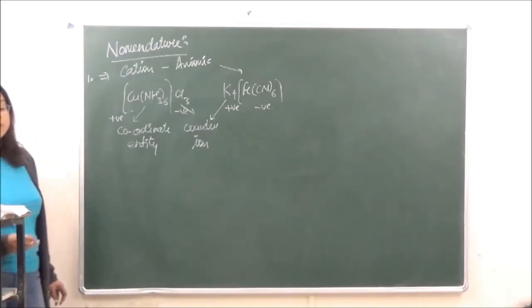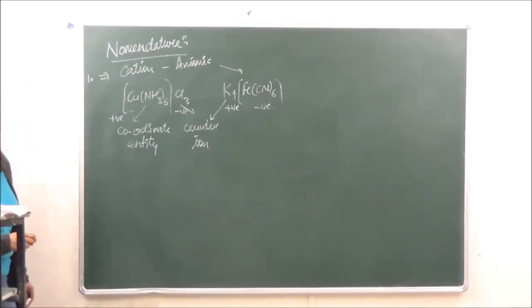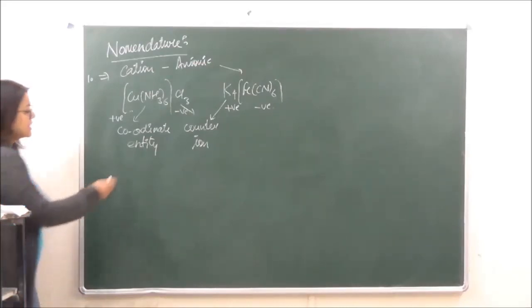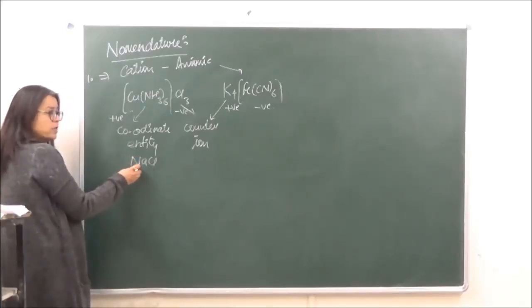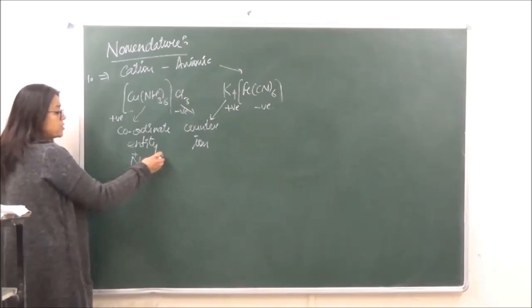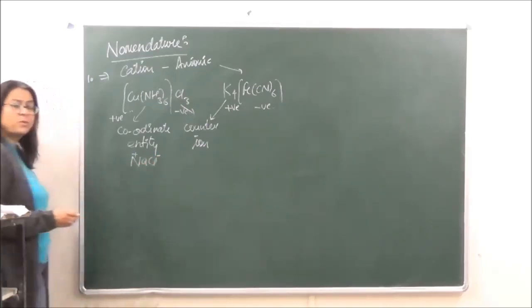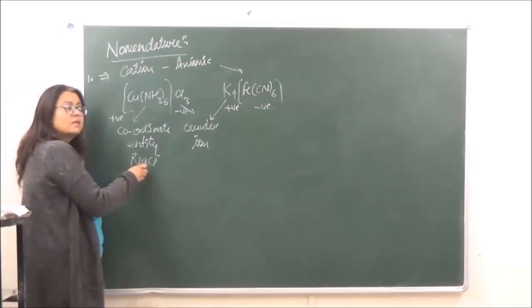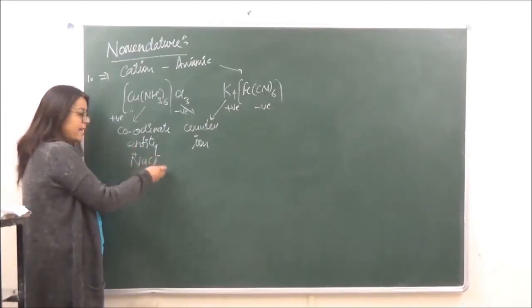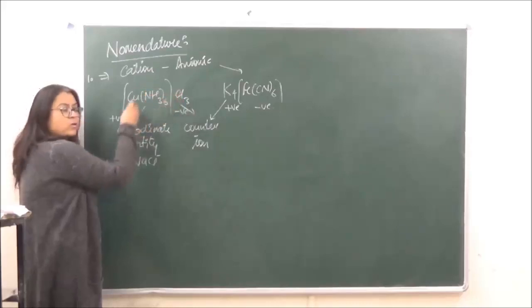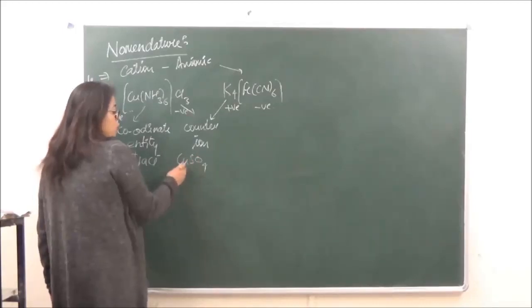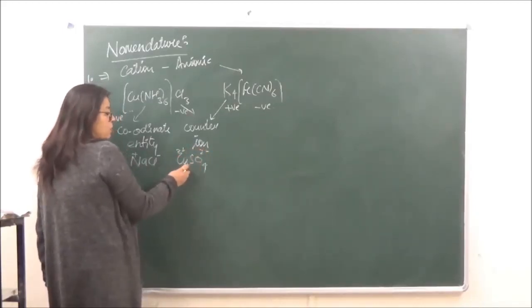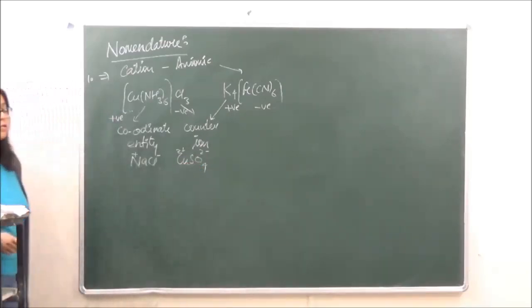So this is the first rule of naming coordinate complexes, that the name of the cation is given first. It's like any other inorganic salt. If you are taking NaCl, you are going to name it as sodium chloride. Over here, sodium is positive and chlorine is negative. So you are first naming the positive, the cation, and then you are naming the anion. Same we are doing it over here. Is it clear? Similarly, you can take another example, copper sulfate. Copper is 2 positive, sulfate is 2 negative. So you name copper first, then sulfate. So the same rule we are following in the coordinate complexes.